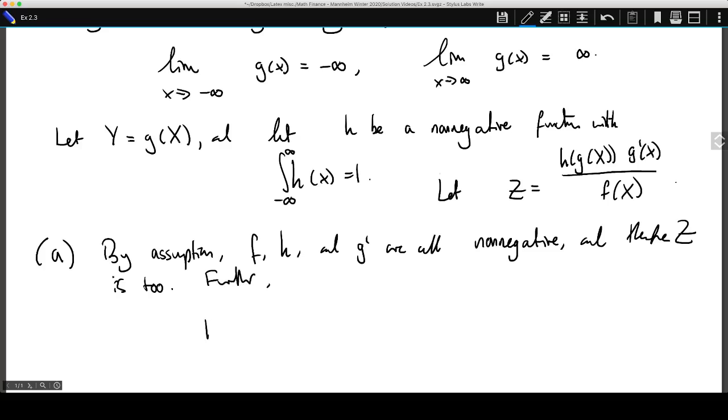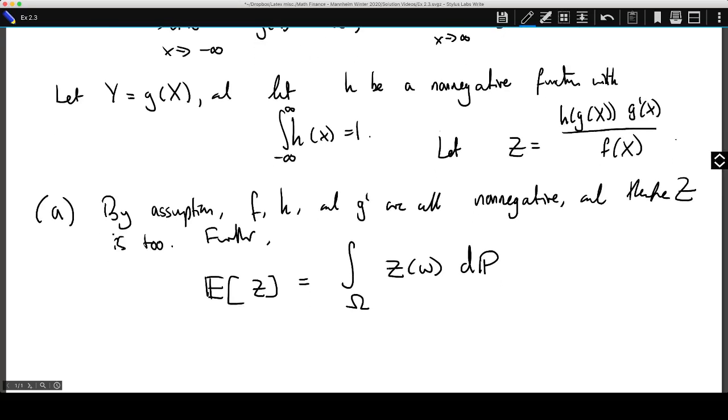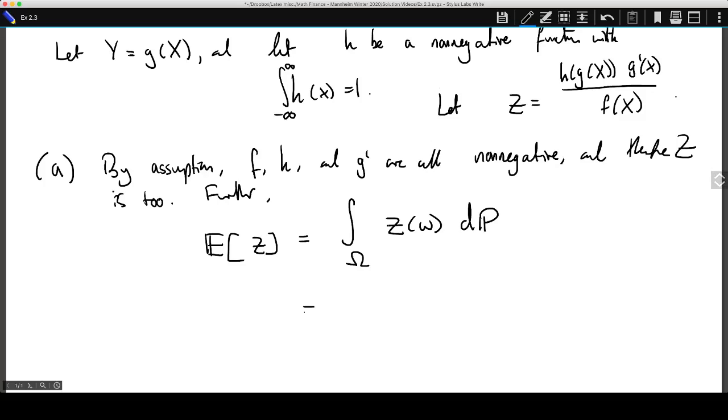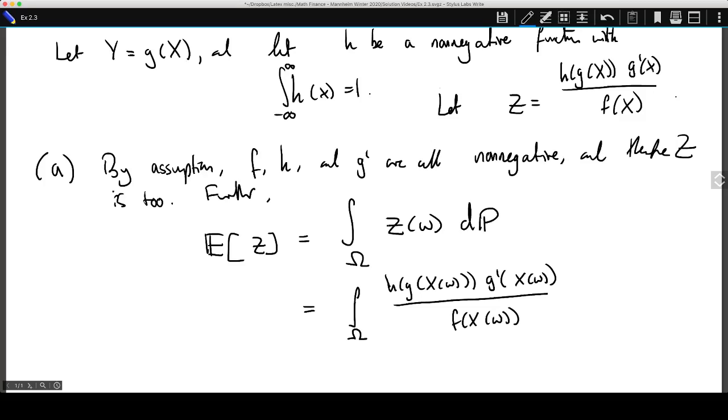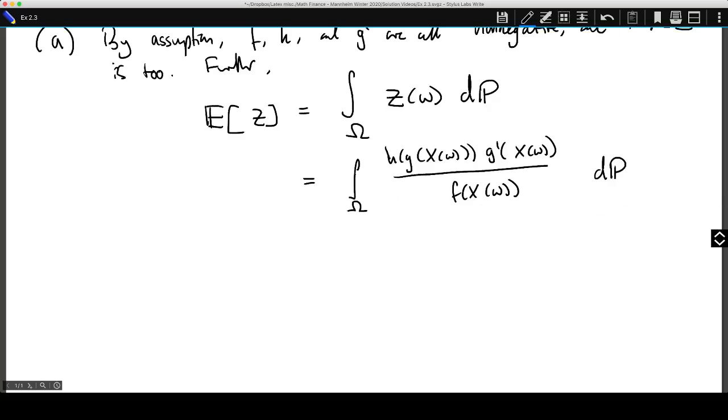Further, the expectation of the random variable Z, well, we could just plug this in, right? We should integrate over omega of Z(omega) dP. Well, we could write Z in terms of X, getting the brackets right, g dash of X dP. And since X has a density f, this is by definition of what it means to have a